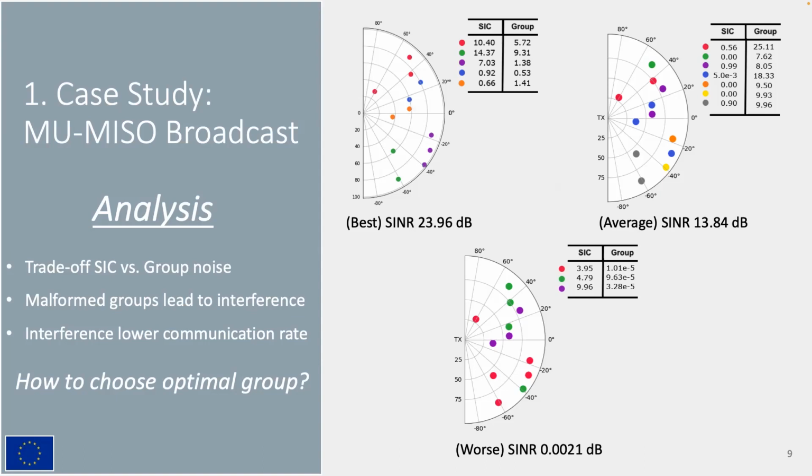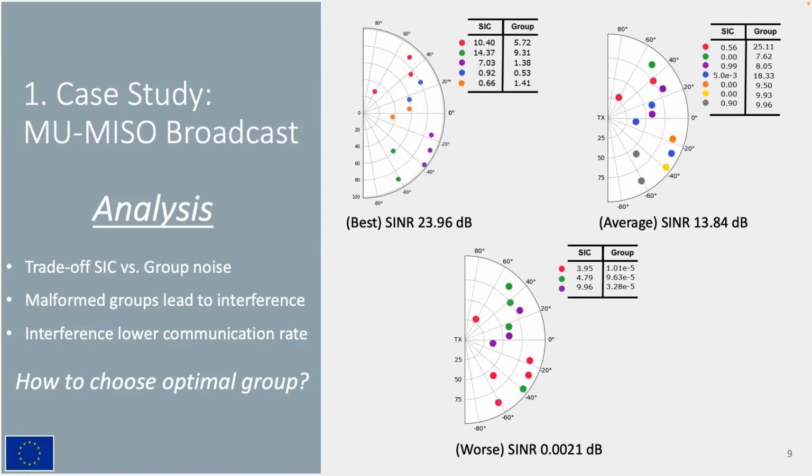And what is perhaps a bit more important is that it's not only the best because the users are closely located, but because sometimes the interference or noise within the group is large, or the noise among different groups is large. So there is a trade-off between how you define the group itself and how you define the nearby groups. And that's the whole motivation for why we are trying to cluster. The question now is, how do we choose the optimal group? Because if we perform this